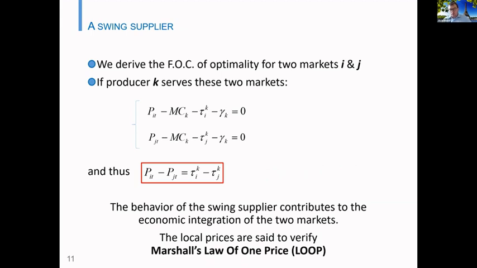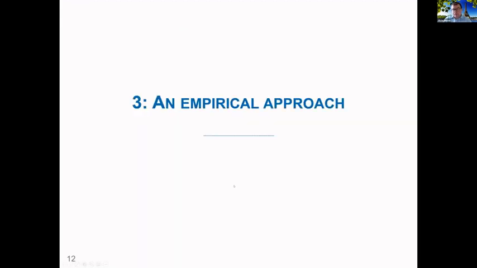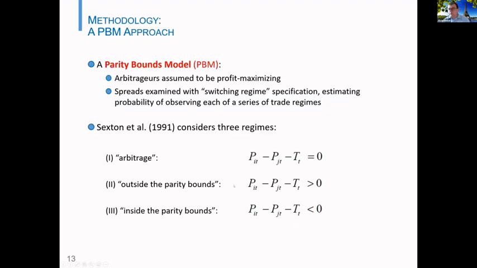So absent any sanction, we should observe the equivalent of the law of one price from Marshall, which is the fact that the spatial price spread should be constant and equal to those differences in the shipping cost to these various markets. But to test that empirically, it could be interesting to detect whether or not spatial integration occurs.